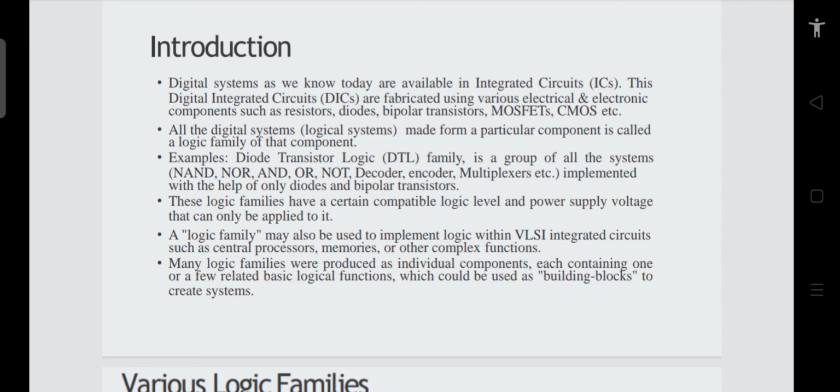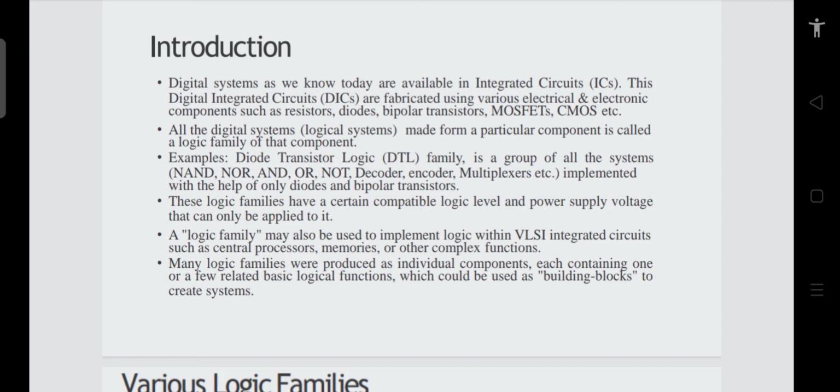We are not going to discuss all the logic families exhaustively, but we are going to discuss some of the important logic families. And the important thing is that every logic family has some advantages and disadvantages, and then they were superseded by later technologies. So our aim here is to understand the basic operation in a logic family, so how that basic understanding we can develop of a logic family.